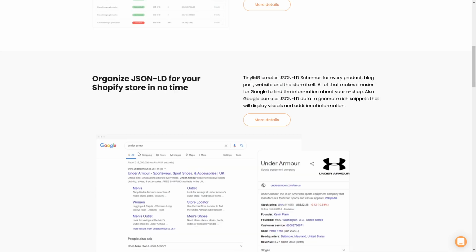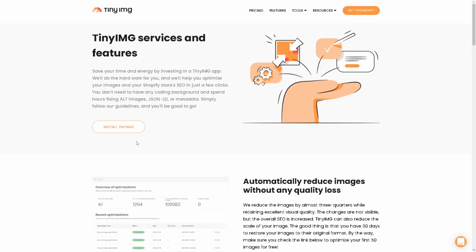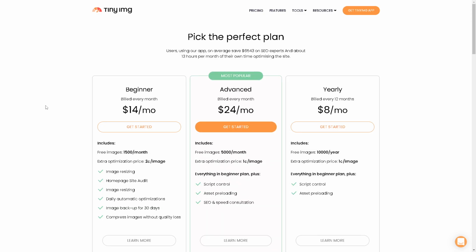Now I'm using Tiny as one of the tools for my Shopify store, and when you click on the pricing, it's very honest and transparent because from here you can pick the perfect plan. Now users have the option of using the app on an average of 13 hours per month, and if you wanted to test the waters and gauge what your store needs, you might want to go for the beginner plan, which is $14 per month. You get all these perks and advantages, but I suggest getting the most popular advanced plan, which gives